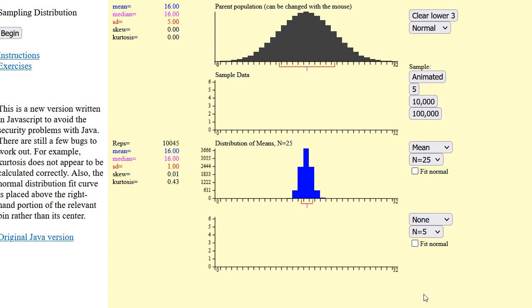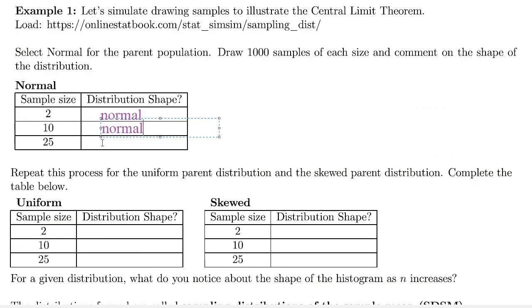And we're seeing again normal. But it's even narrower. So it's got a smaller standard deviation. So we can see that in all cases, as you take more and more samples of size 25, those are normal for size 25 repeated samples. But for all sample sizes, if you start with a normal distribution here, your distribution of means of samples is